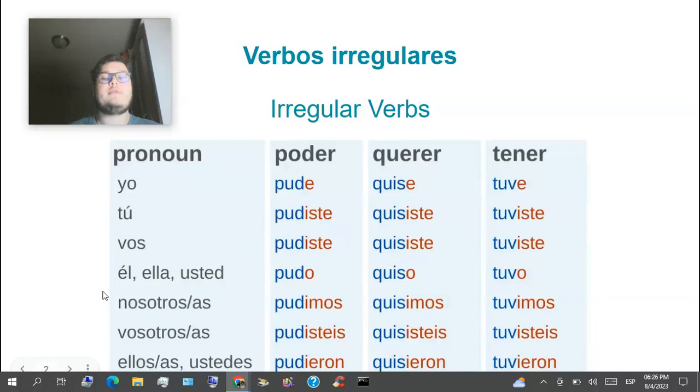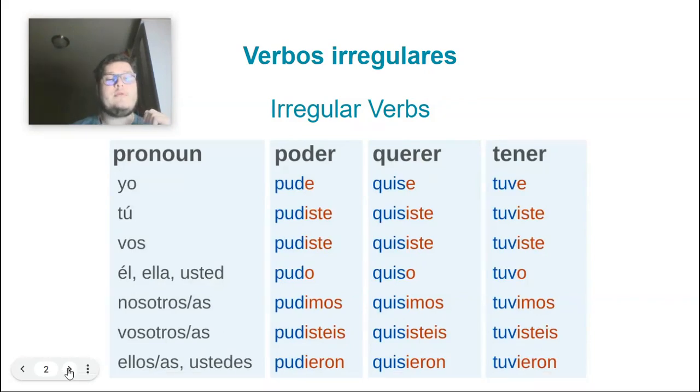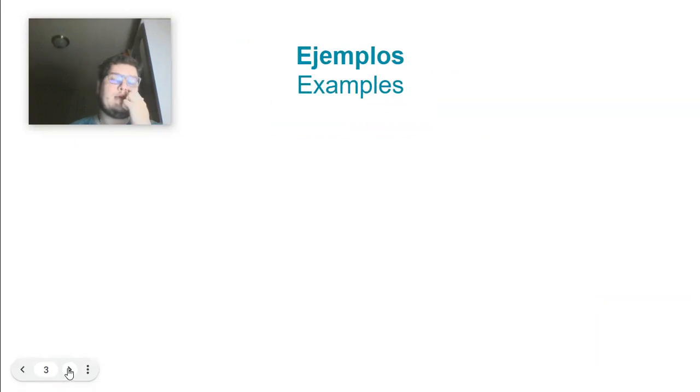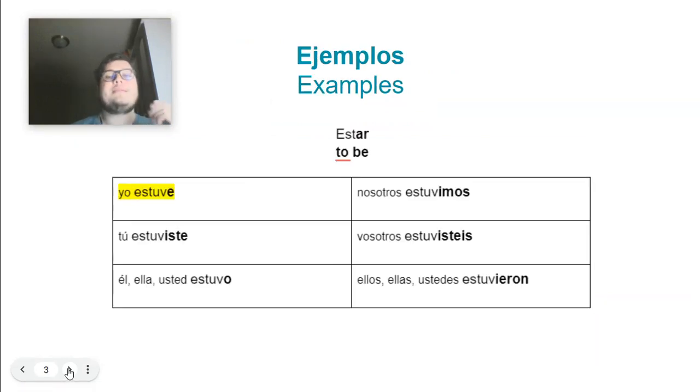And my recommendation, just try to remember the first conjugation in the first person because it's going to tell you what the stem is. And after that, you just have to apply the ending according to the subject pronoun. So just try to look at this, the first conjugation, and I'm going to underline it in the next examples